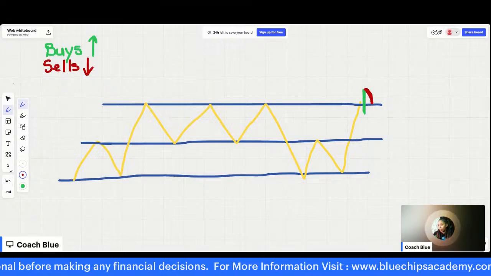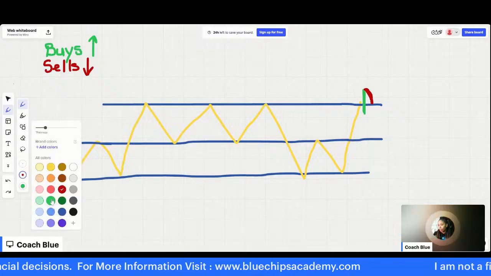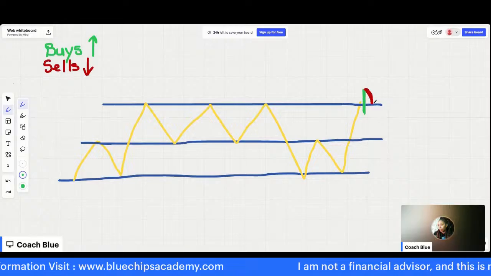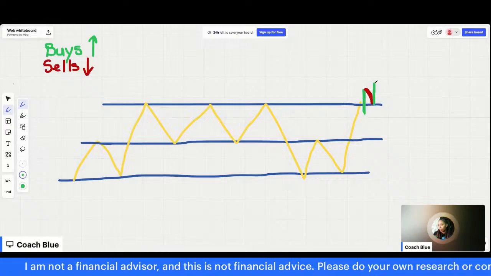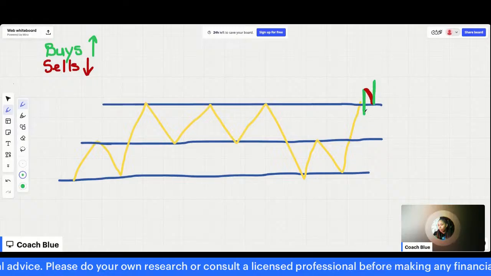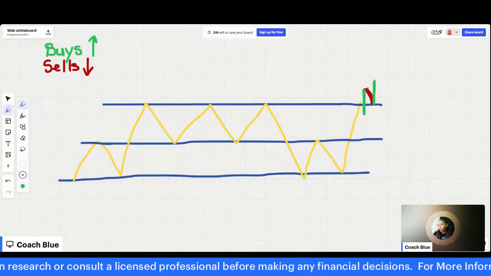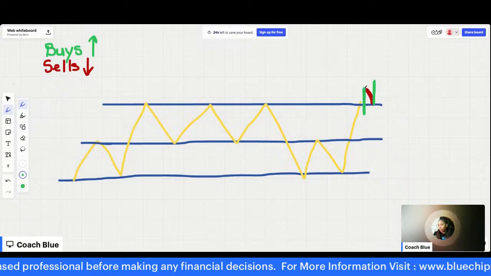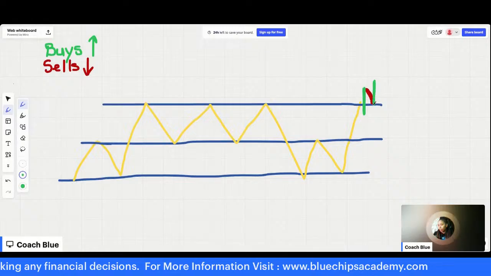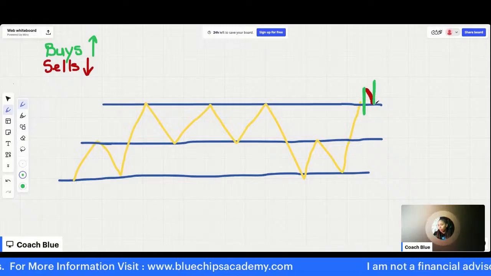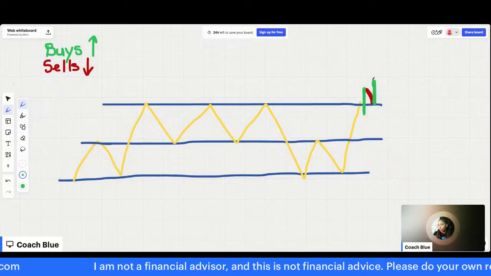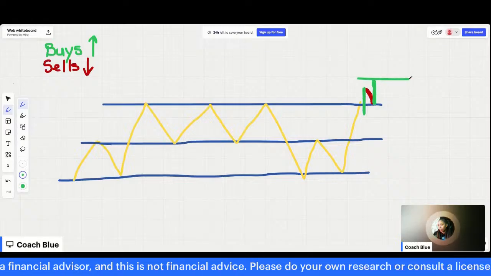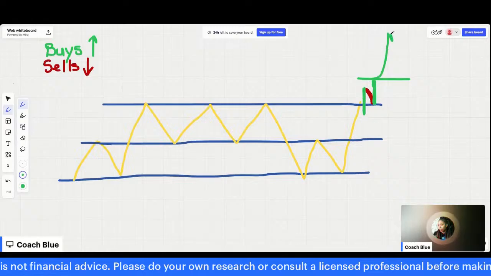Okay? So with continuation, we are looking for a strong bullish candle to pop out to the upside and past our pullback area. Okay? So now what price is telling us is that it broke out of this area. The bulls are trying to tell us that they're in control now. The sellers try to fight back, pull price back down, but they weren't strong enough to do that. So now the bulls basically have another strong candle that shows us that they're in control. And typically what happens when we see this pattern is that we see continuation to the upside.